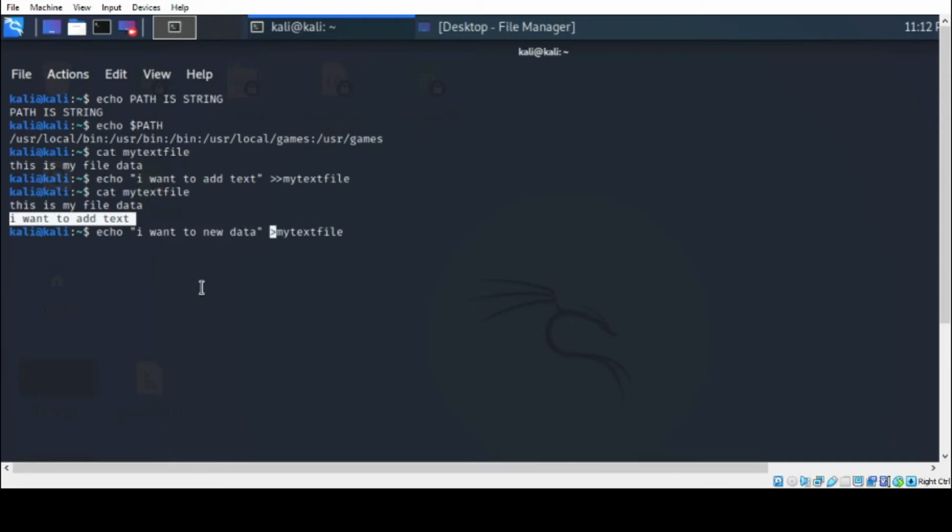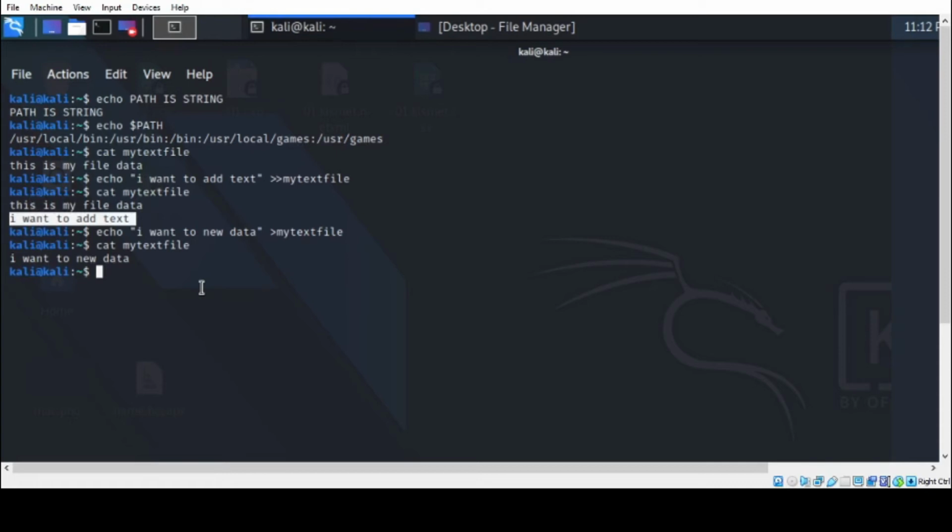This time we use the single greater than symbol and after it put the file name you want to write to. Press enter. Open the file again to see the content. As you see, all content of the file is overwritten with the new line.